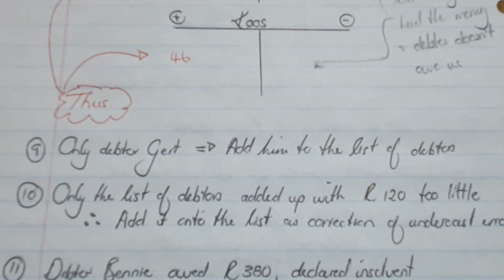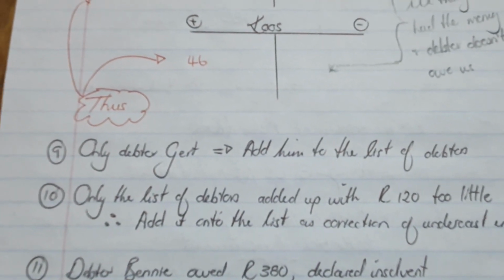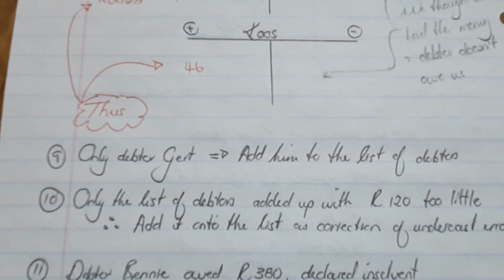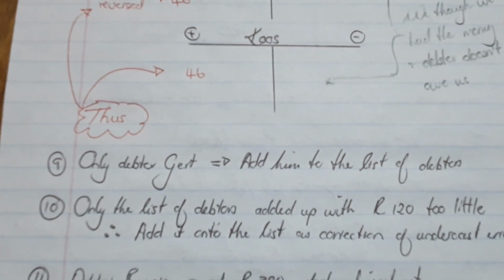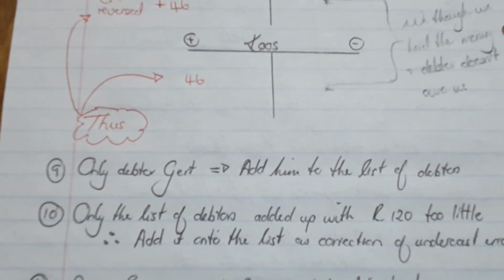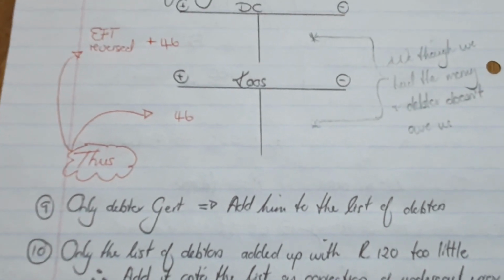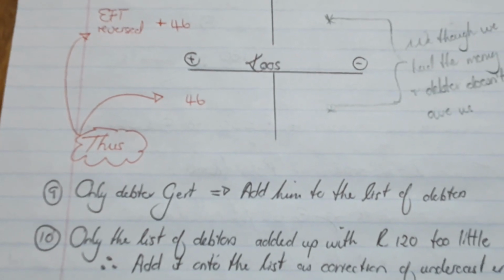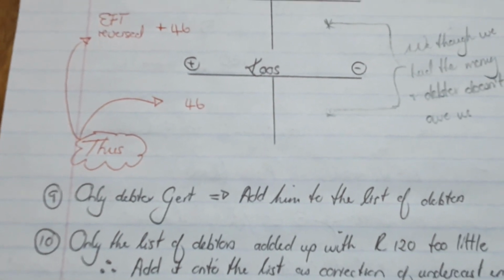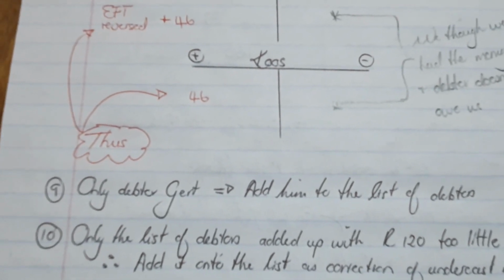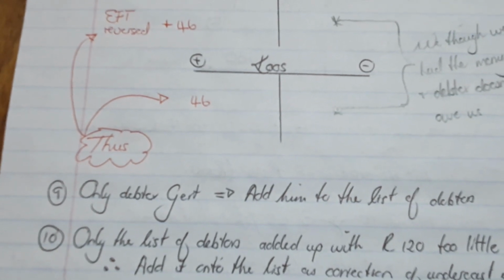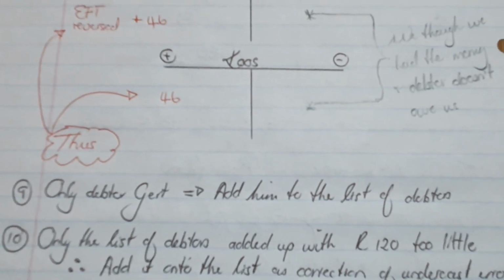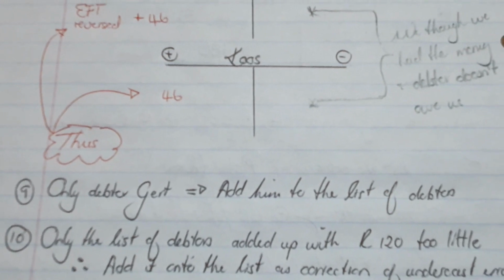At number 9, they said that the account of debtor Gert with a debit balance of 480 Rand was not included in the list of debtors. Therefore, it's only affecting the list of debtors. There wasn't a mistake made with the previous entry in the general journal. They just omitted Gert's balance from the list of debtors, so we now just need to add Gert to the